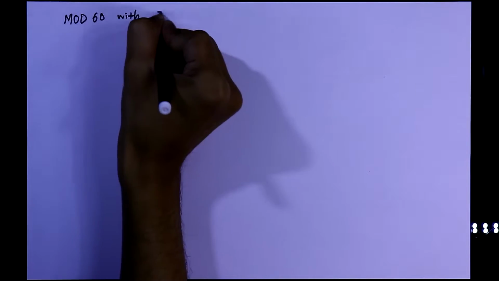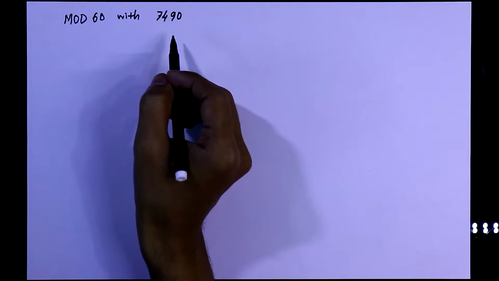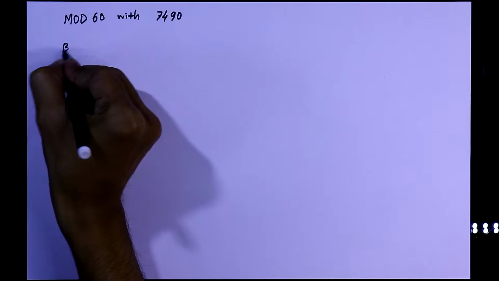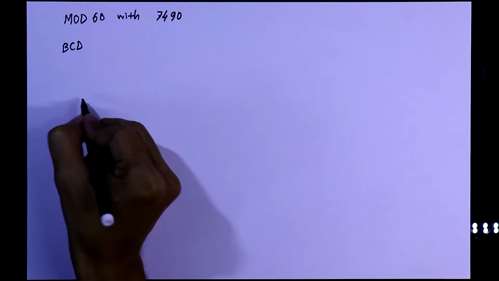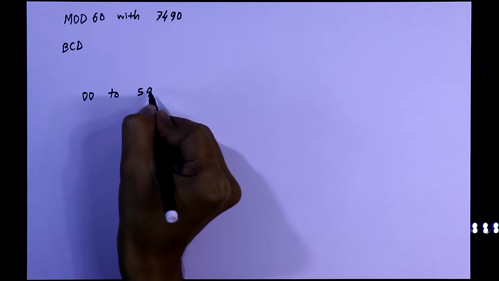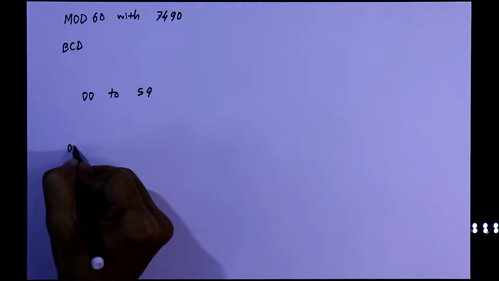Mode 60 with 7490, and we know that the output of 7490 is in the BCD code. BCD means binary coded decimal. Mode 60 will count from 00 to 59. If we write it in BCD, then it will be like 0000,